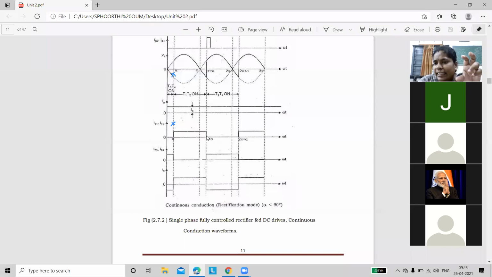I indicates thyristor current. 281, please mute yourself. Thyristor 1. Great. IT1 and IT2 means currents through thyristors T1 and T2. Right? So tell me at which instance current is flowing through the thyristor? When it is in on state or when it is in off state? Across the device, that means through the device, some current is flowing. That means the corresponding thyristor is in on state or in off state.